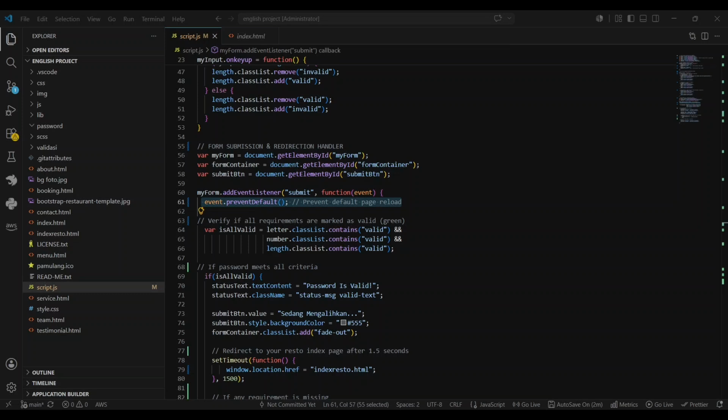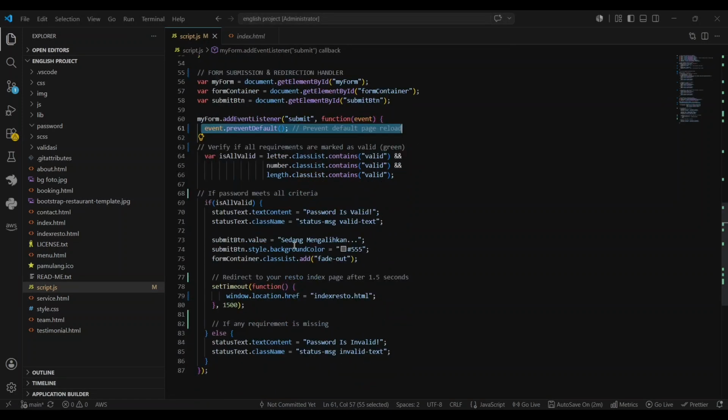Are all criteria green? If everything is perfect, it displays password is valid, changes the button text to redirecting, or sedang mengalihkan.